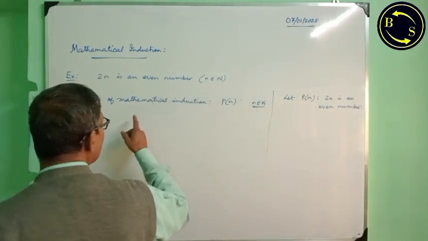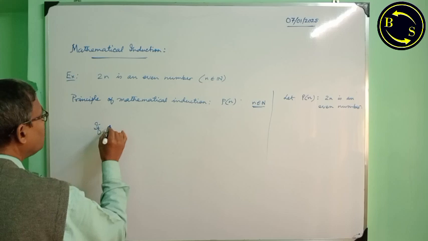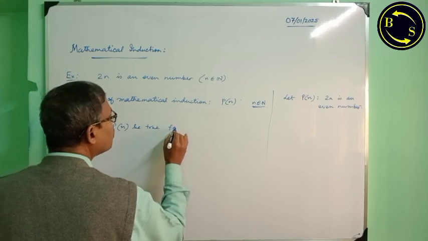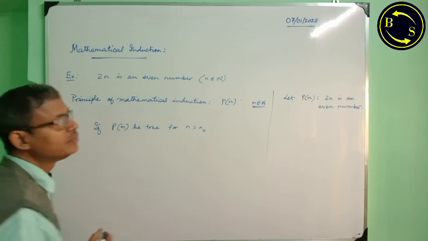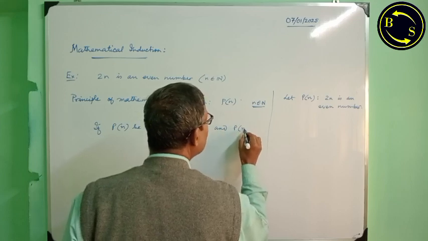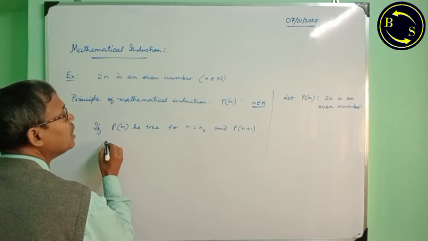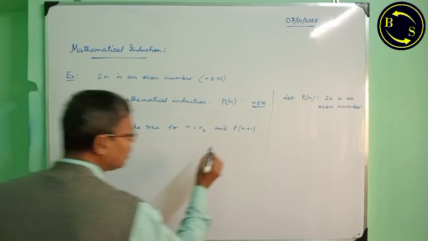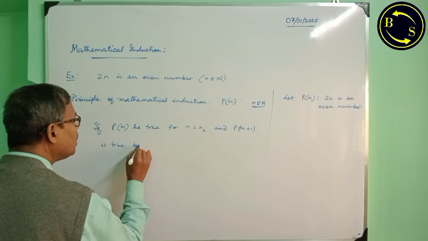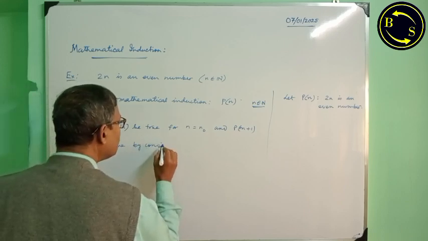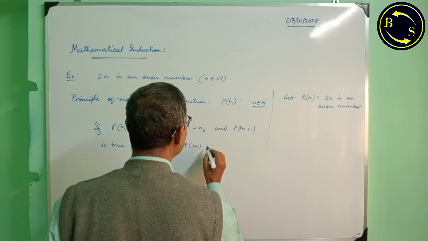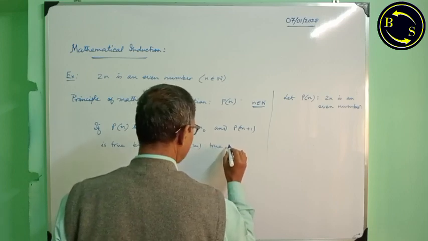Now, the principle of mathematical induction states that if Pn be true for say n equal to n naught, that is the least value of n, and Pm plus 1 is true by considering Pm true, then